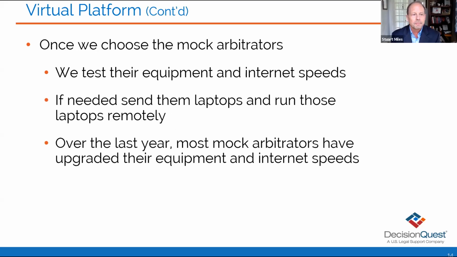things a little different than what we would see in the real arbitration. On the day of the project, once we choose the mock arbitrators, we test their equipment and internet speed. If they need, we can, and we did this earlier in the pandemic, we would actually send the arbitrators a computer completely loaded up. All they had to do was turn it on, and we had somebody running the computer